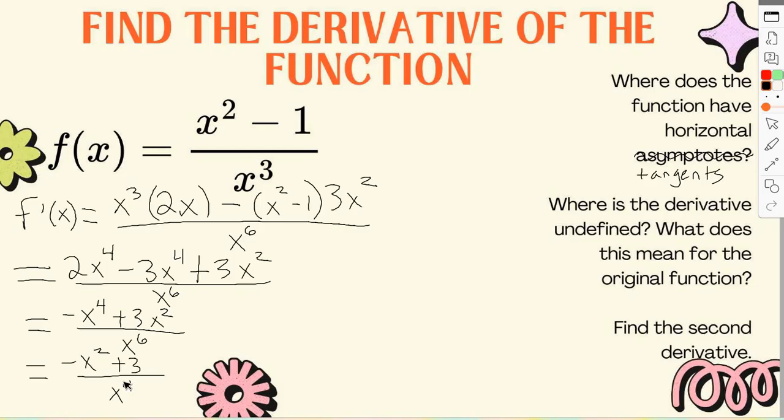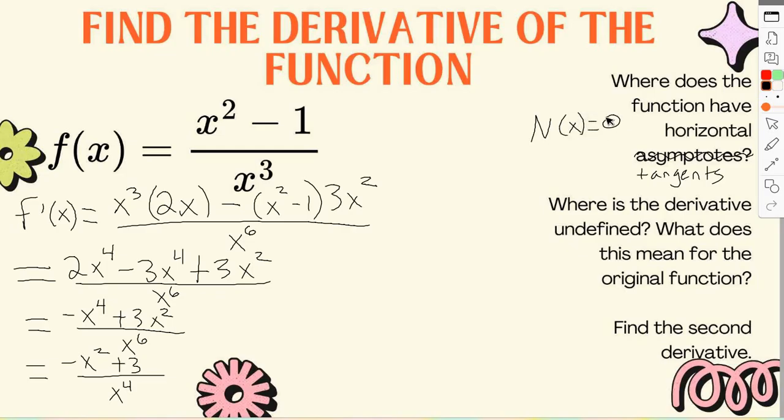If I have a fraction as my answer, what does that mean I really care about? The top. So remember, the only place I can actually equal 0 is the numerator, right? Because 0 divided by anything, as long as the bottom is not 0, will give me 0. Yes? So when they ask where there is a horizontal tangent, I am setting my numerator